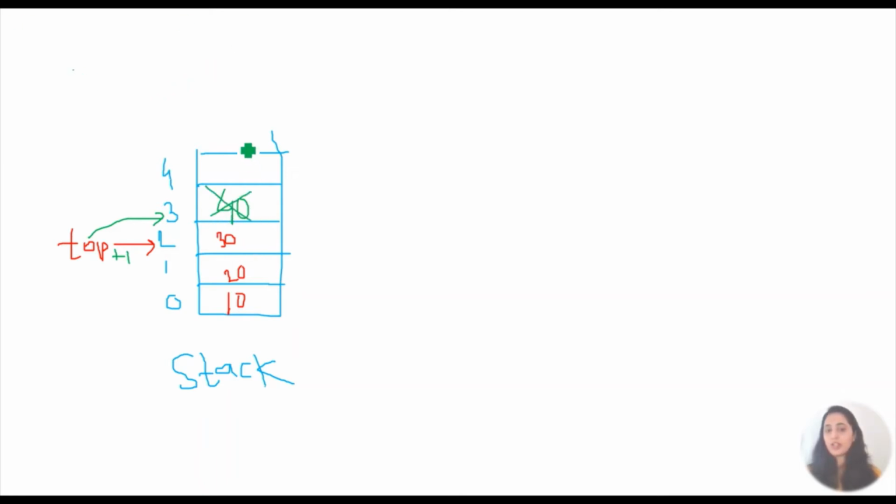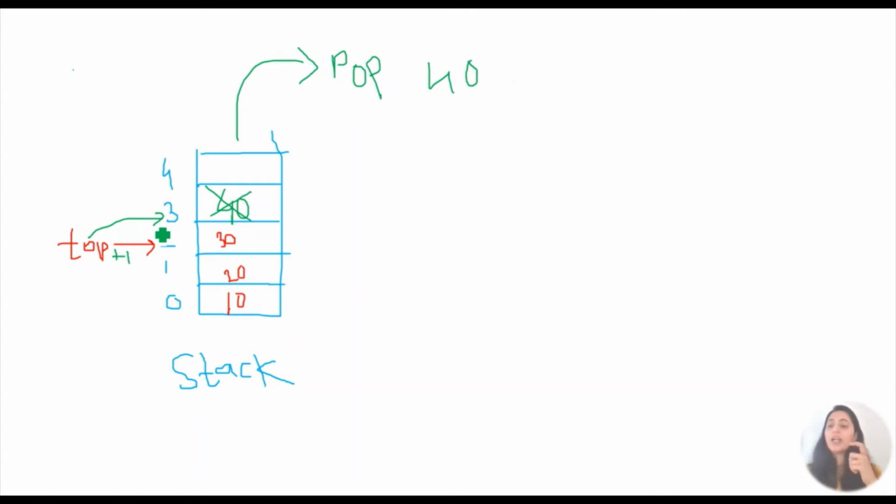So I want to delete this from the stack. I want to pop it out. When I want to pop out, what exactly should I be doing? I should just give this value 40 to the user. That means I should be returning this value. So I said pop, 40 has been popped out, and then my top will decrement itself and start pointing to 30. But there is a condition which we should check every time we are deleting.